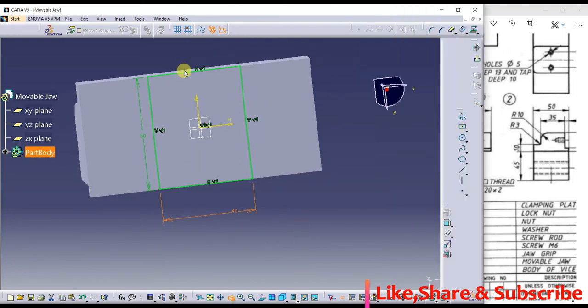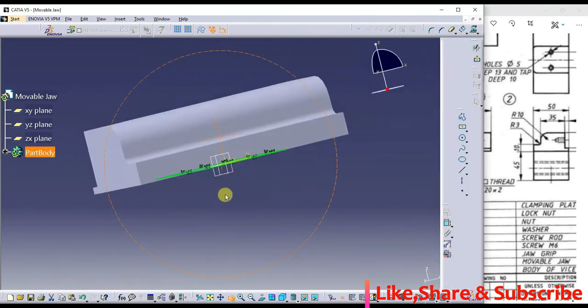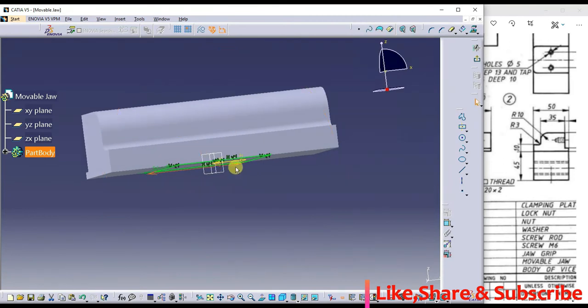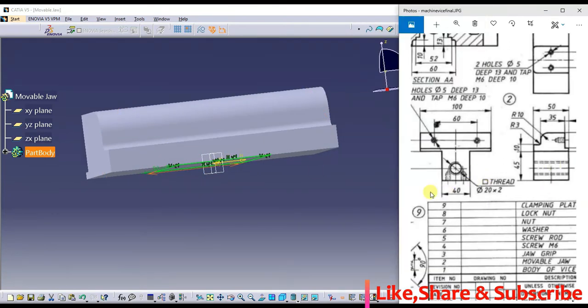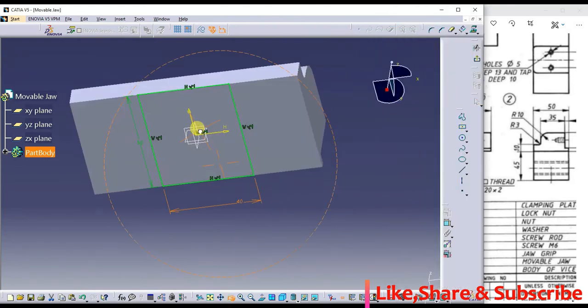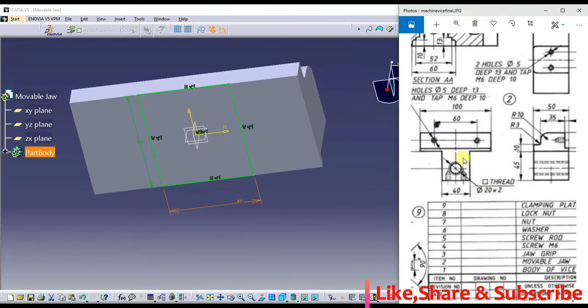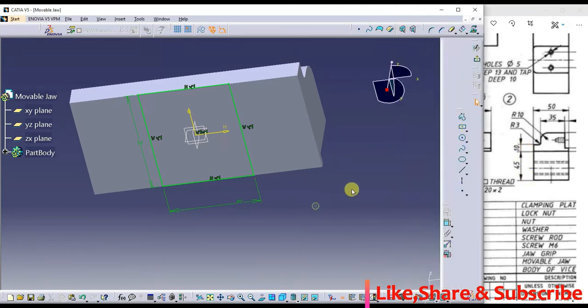Otherwise, you rotate this a little bit. See here, in the front view, this is 40, okay, and the other dimension should be 50 here. Next one is, I need to extrude this to a height of 45.